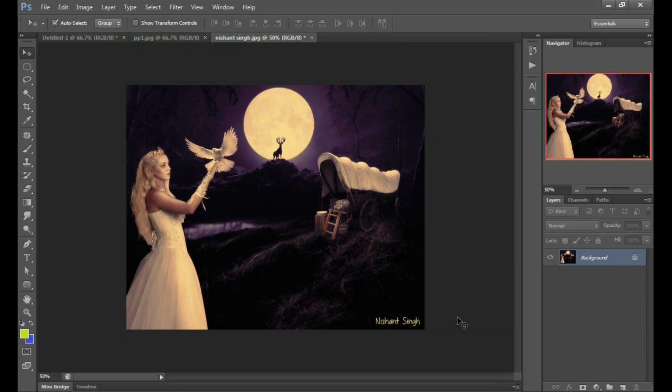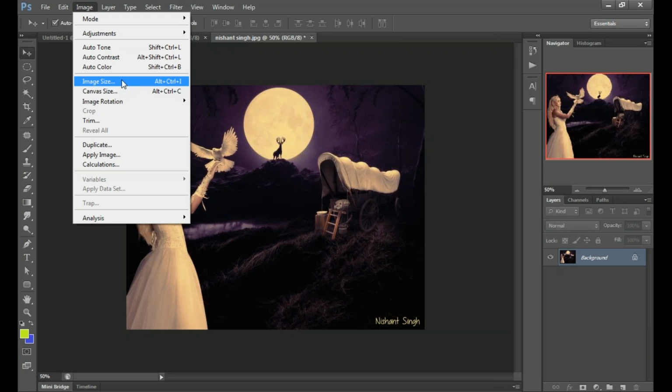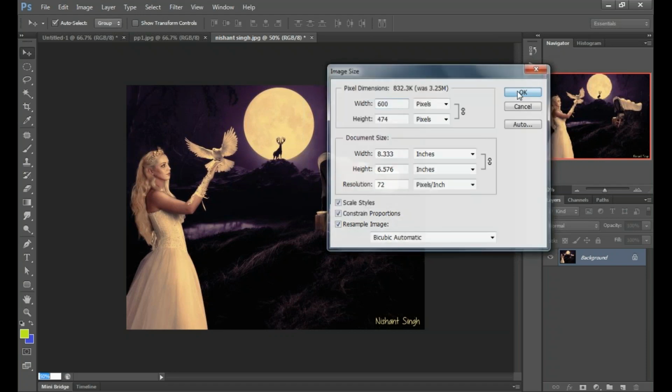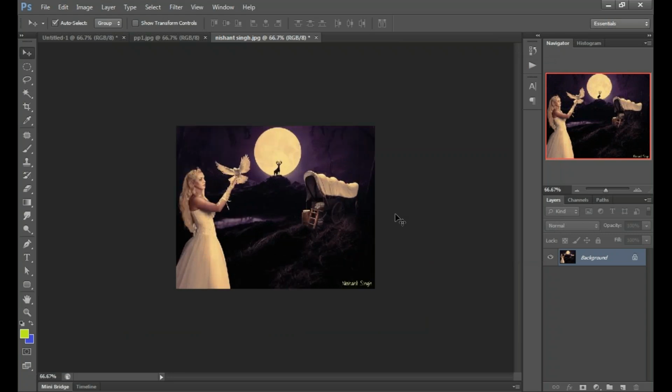Clear? So now we are going to check the image size again. What's the image size? Now the image size is only 1200 and the height is only 947. You can again change it to 600. The height is automatically set. Click OK, and we will press Control plus to make it 100%.